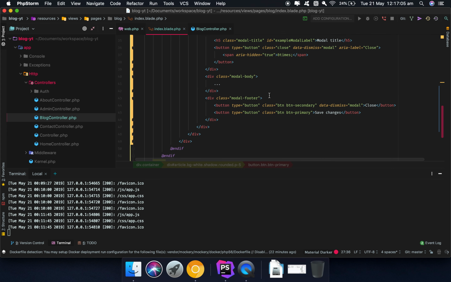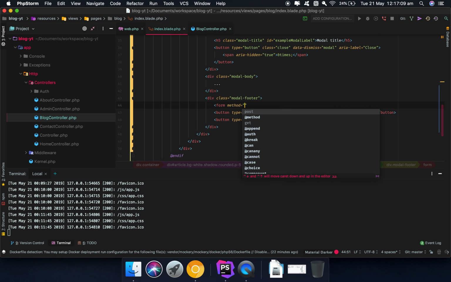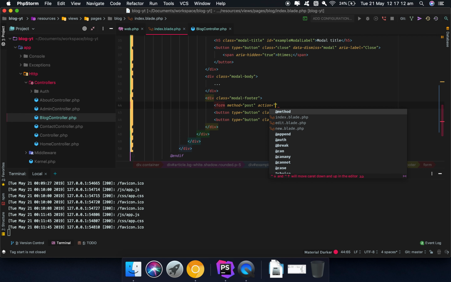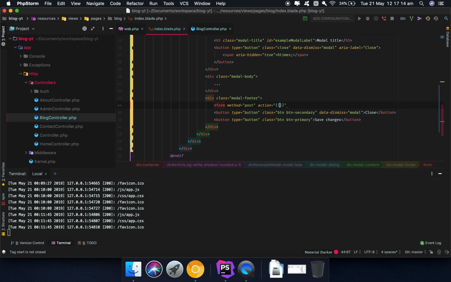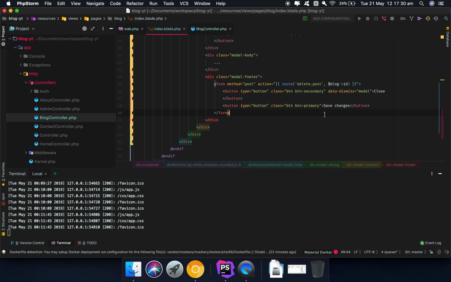And then we are gonna go in here and say form method post action. The reason why we want to do this is so we could use AJAX, but we would redirect the user anyways away from the blog post to tell it's deleted,